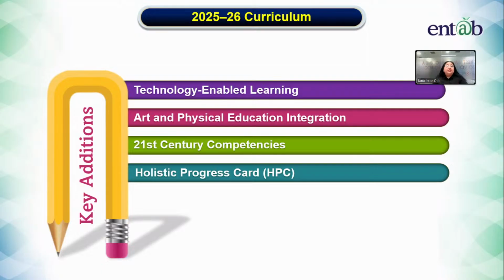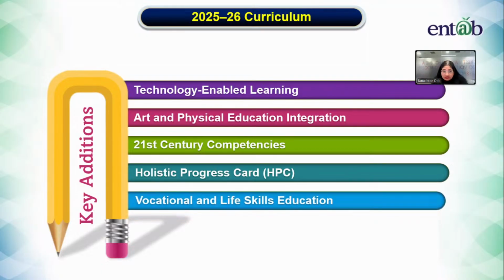Another thing is vocational and life skill education. This is again an important aspect. From grade 6 onwards, students need to be introduced to vocational and life skill education. Basically, we need to prepare them for the real world, what they are going to face. That is very early career awareness. At this point, I personally believe it is not only we as educators who will help the child understand their inbuilt skills, which they are not aware of. With growing age, they will get to know what their inclination is.